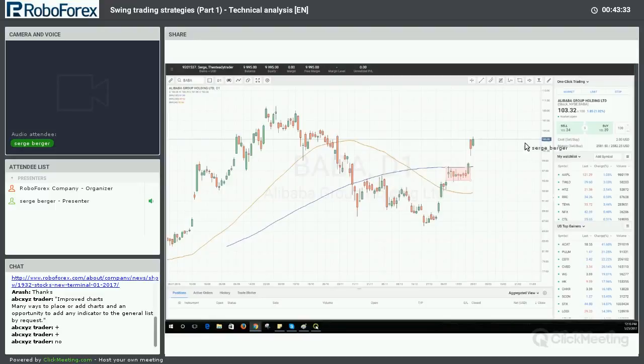So in Alibaba, this is also part of a new swing. You can see Alibaba gapped higher yesterday. That's this day right here where my cursor is right now. And what happened is that the stock didn't close at the very highs of the day, but it still had a significant gain on the day. Well, today the stock is giving us, and the trading day is not over, of course,